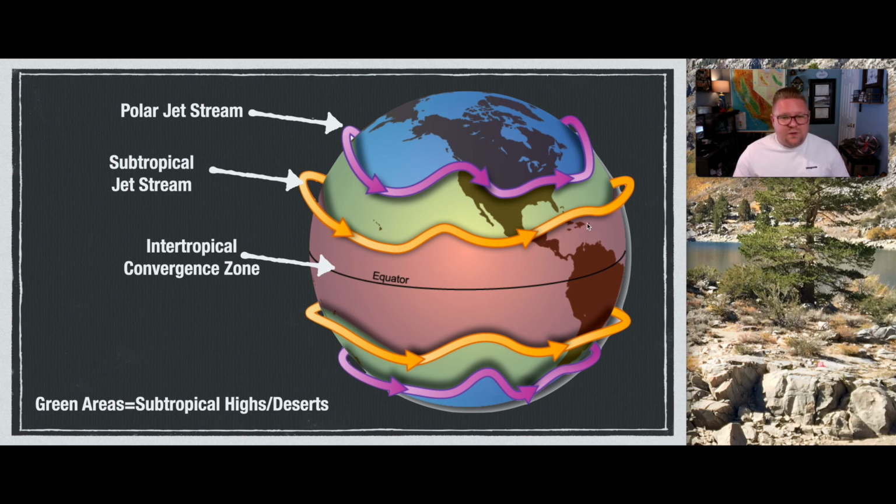We also find that within this green area in particular, that's going to be our subtropical jet stream. Between that and the polar jet stream, which is our subtropical zones, is essentially where we're going to find our mid-latitude cyclones. Now, things to note is that most of our hurricanes will originate farther south than the jet stream itself, but then they continue to travel westward as they gain their energy. So again, other things that we can push out within this model, the green areas represent our subtropical high and